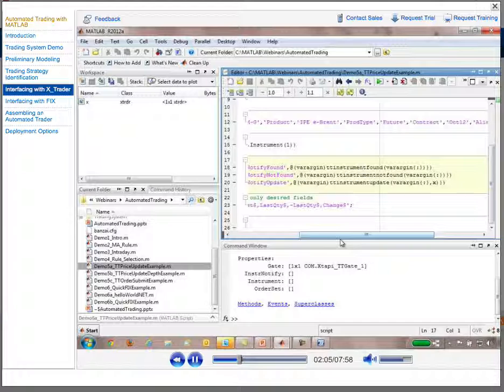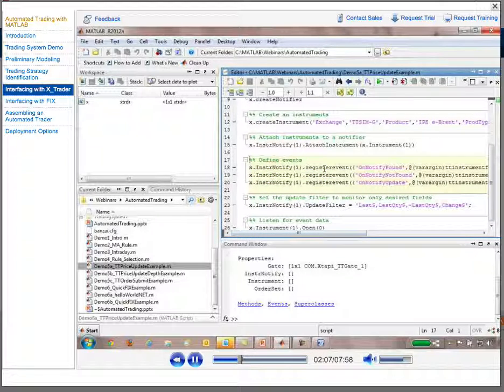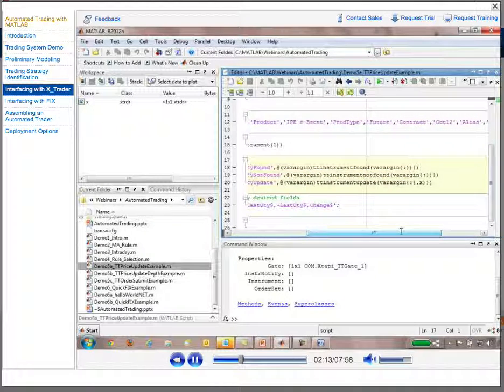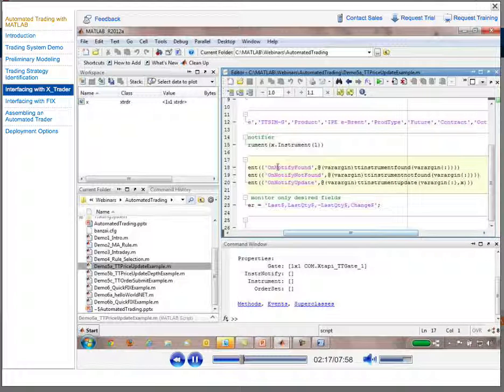Now that I have a notifier, I can actually register an event. Anytime an event occurs, I can have different kinds of callbacks operated. What we have here is one that's going to be triggered anytime you start up on notify found, if it's not found, or if there's an update to the notification. It's going to run the TT instrument found, TT instrument not found. If it can't find the instrument, you'll get this one. If it finds it, it's just going to say that it found it, and then the instrument update, which is